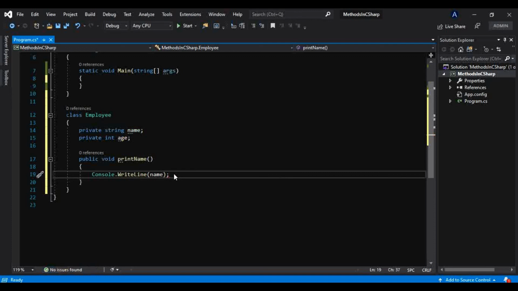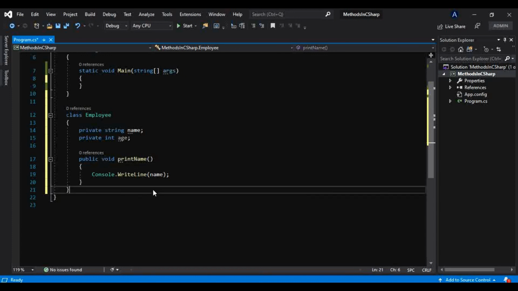Now we know we can access this name directly in this method. This we have learned in a previous video of this tutorial series, what a class is and what these private and public fields are. So check that video out, because I am not going to repeat all those concepts in this video tutorial.